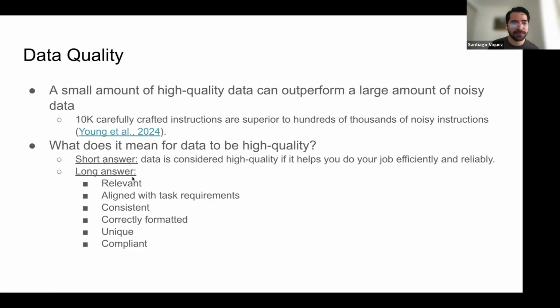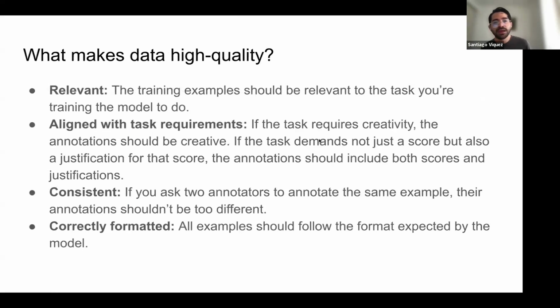So let's check each of these criteria for data quality. Relevant means that training examples should be relevant to the task that you're training. That's relatively easy to understand. Aligned with the task requirements: for example, if your task requires creativity, the annotations should be creative as well.